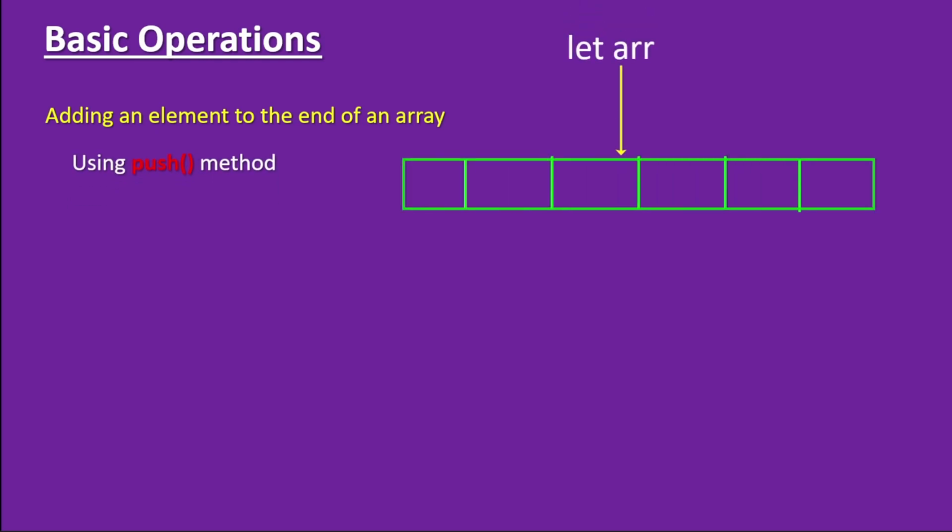Let's say this is our array and the array name is arr, in which we have elements called 77, false, 6, hello and so on. We have to mention a push method like this, array name dot push, in which we pass the value which we want to insert. It can be any valid data type in JavaScript. If we do this, the JavaScript engine will create a slot at the end of the array, then insert the value. See here, it is created, and it will insert the value that is 90.